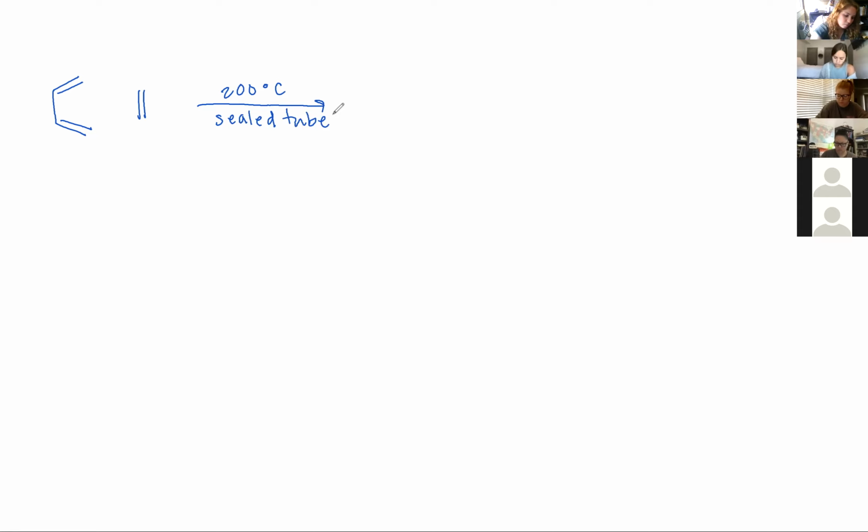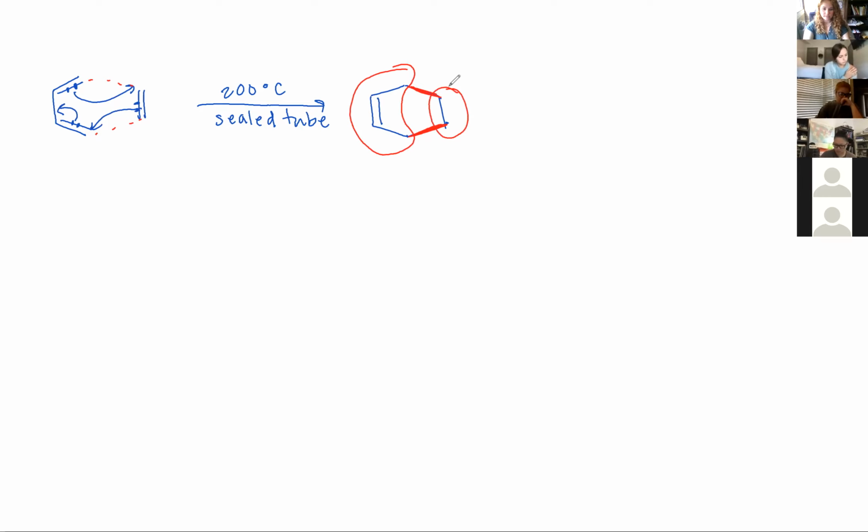But if you do that, what you end up with is this kind of concerted reaction where all of your electrons are moving in a circular pattern. And ultimately what you're doing is creating new bonds between these carbons. So your product ends up being cyclohexene. And these are your new bonds that you formed. So these carbons are from your 1,3-butadiene, and this is from your ethene. So this reaction is kind of bizarre,